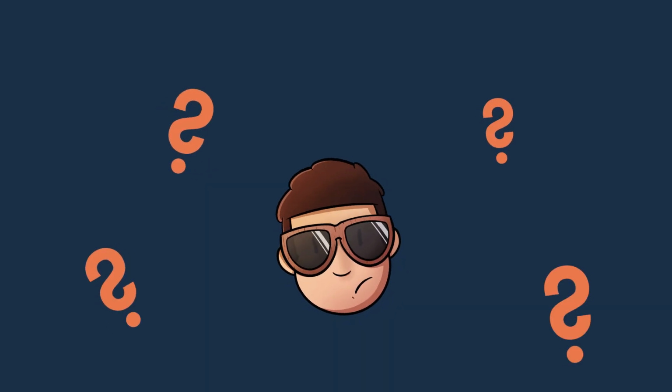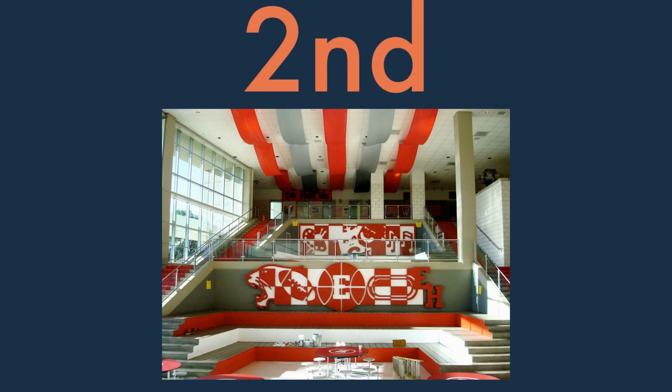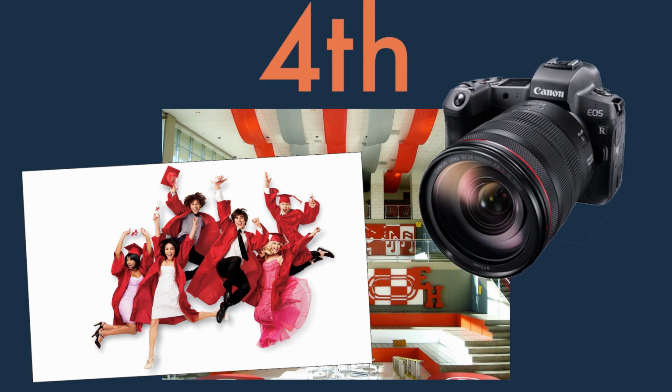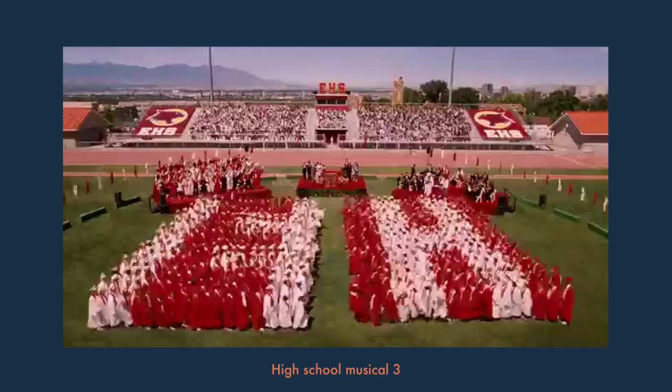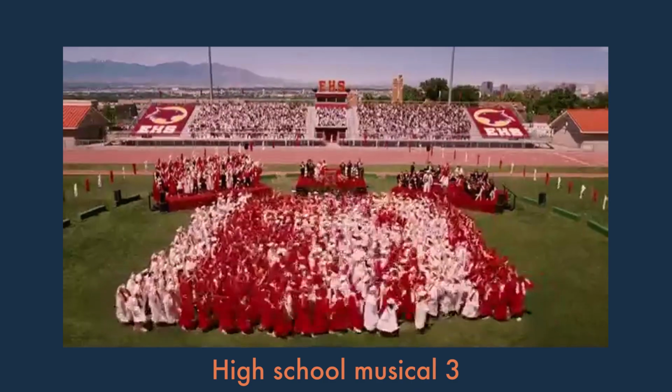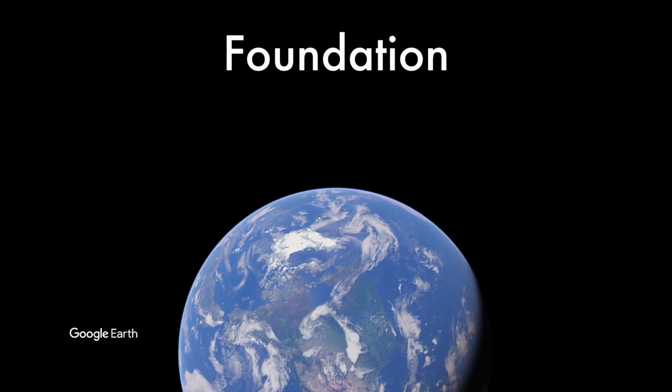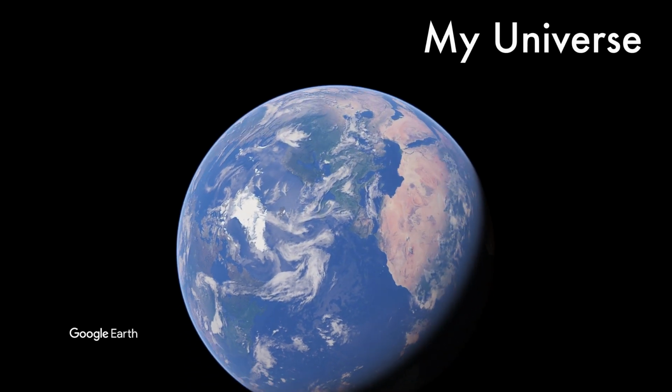Okay, so what do I need to make this happen? Let me explain. First, a nice location, then some beautiful costumes, and of course a cool picture moment, and most importantly, a memorable speech, and then some crazy choreographed dance at the end where everybody sings and somehow they don't crash into each other. Well, let's start with the foundation of the ceremony, the location.